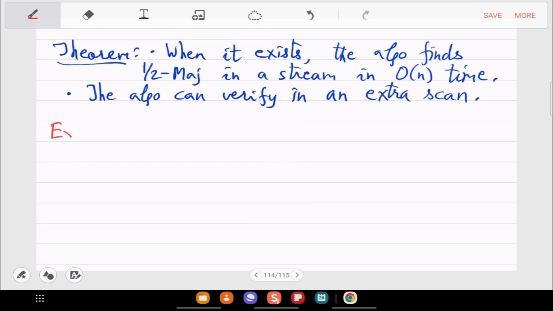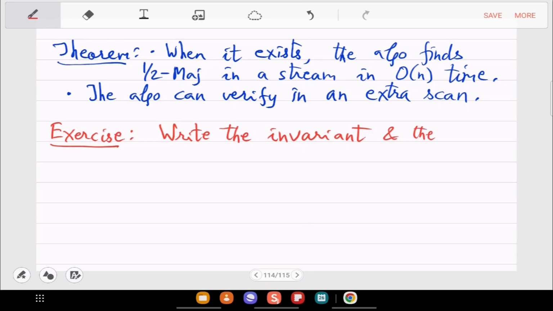Okay. So if the lecture has confused you even more, then you should check everything. So basically write the invariant. What is the invariant in this pseudocode? Based on that, there is an immediate proof of correctness. So the key thing is the invariant actually.